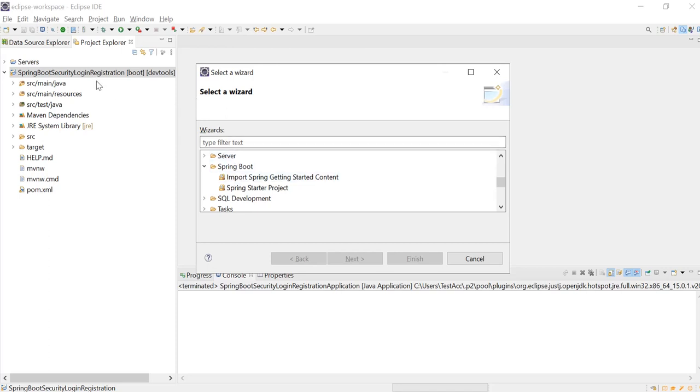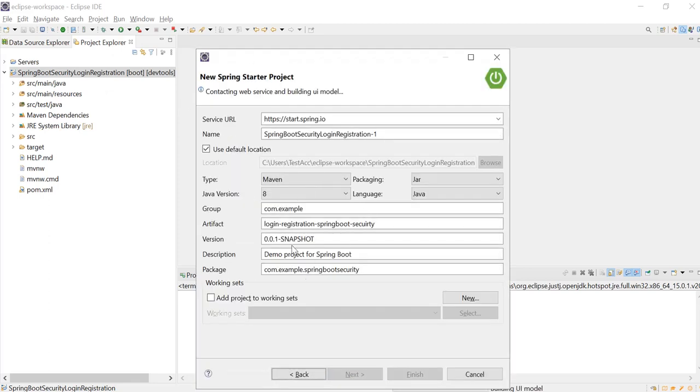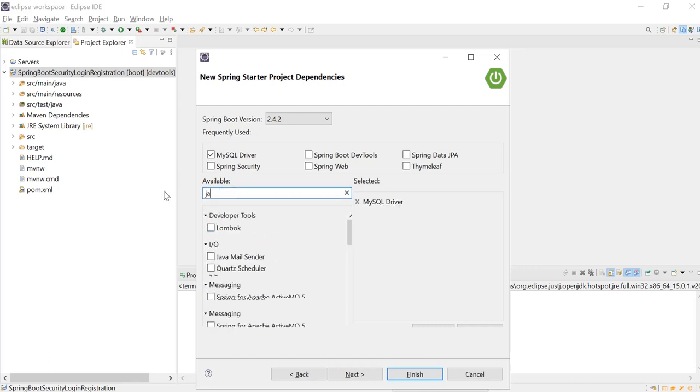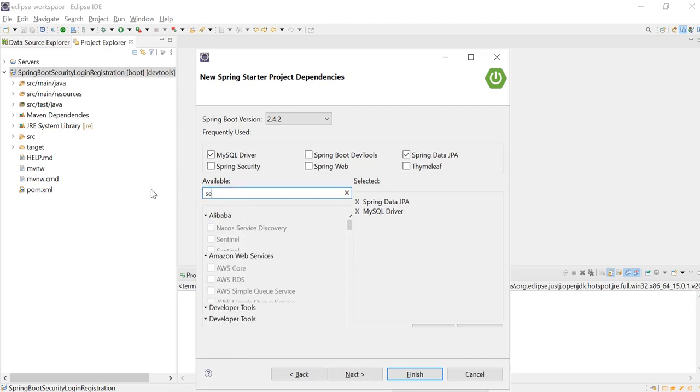So you have to create a project by using Spring Starter Project, and you have to give the configuration, and you have to choose MySQL and JPA and security, and some RESTful web services for web.